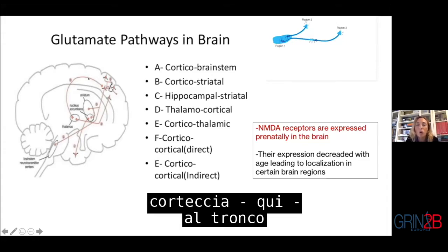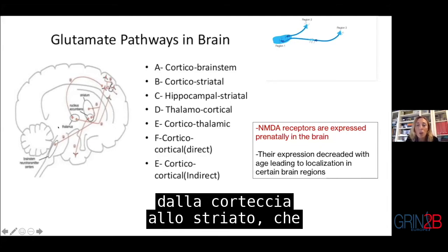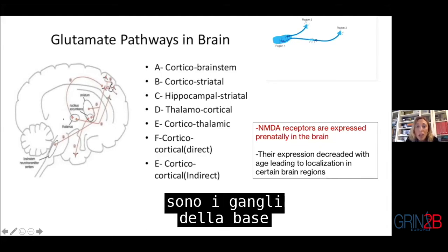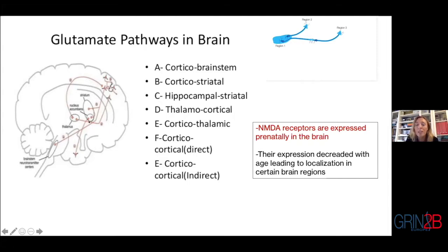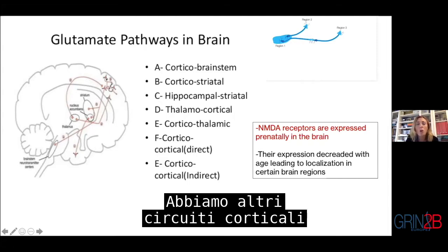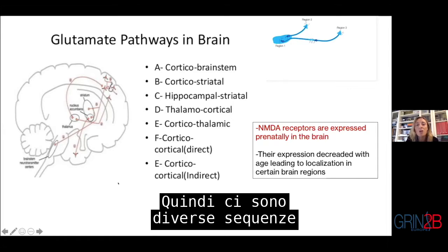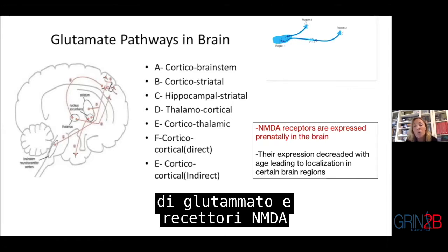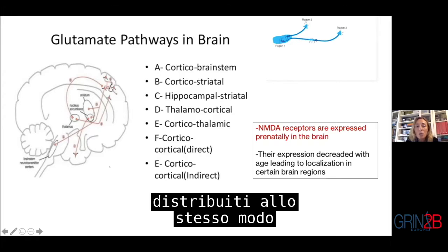So we have cortical circuits that go from the cortex here to the brainstem, which is here, but also to the striatum, which are the basal ganglia that are responsible for movements. We have other cortical circuits, so a conversation between the cortex. So there are several circuits of glutamate and NMDA receptors, but these NMDA receptors are not distributed in the same